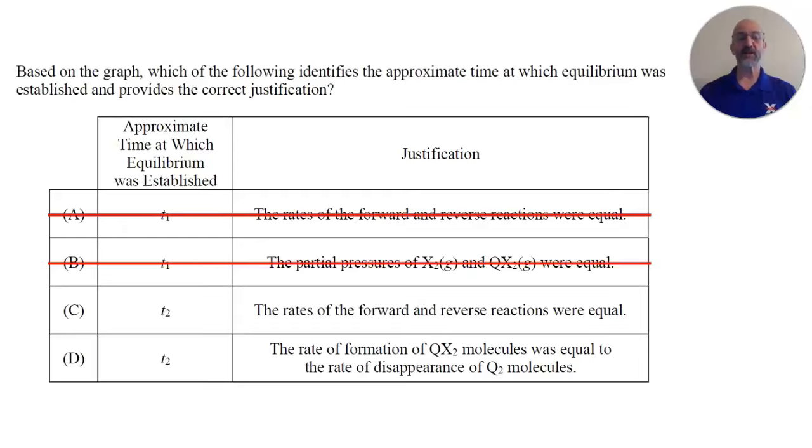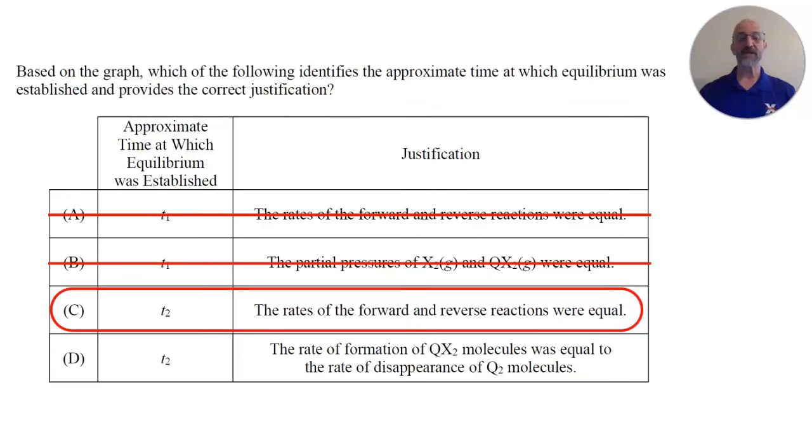And so with respect to choices C and D, so time T2, equilibrium has been established, is it that the rates of the forward and reverse reactions were equal, or is it that the rate of the formation of QX2 molecules was equal to the rate of disappearance of Q2 molecules? So the correct answer to question 2 is actually choice C, and I'll explain why choice D has an incorrect